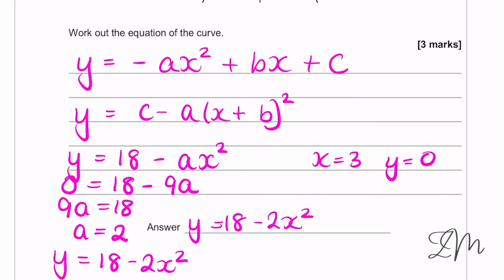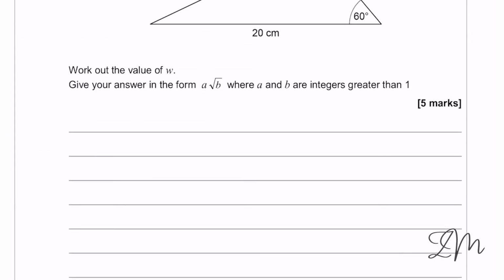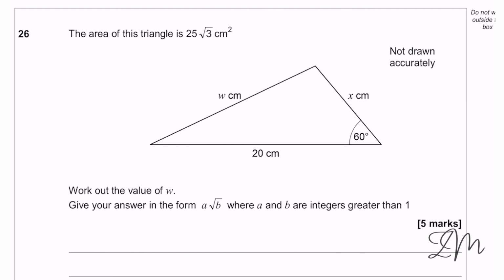This is a little bit tricky, and this is now right at the end of the paper. This is definitely a level 9 question. Okay, question 26. Right, we've got the area of a triangle. It's not a right angle, can't use half base times height. So your brain should straight away go half AB